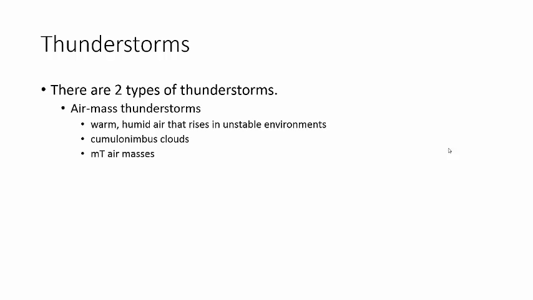And again, we've studied this before. So you can see why those boring chapters are needed in this current chapter. Because we need to know what an air mass is, what a cumulonimbus cloud is, and an empty air mass. You've got that background. So now we can talk thunderstorms.